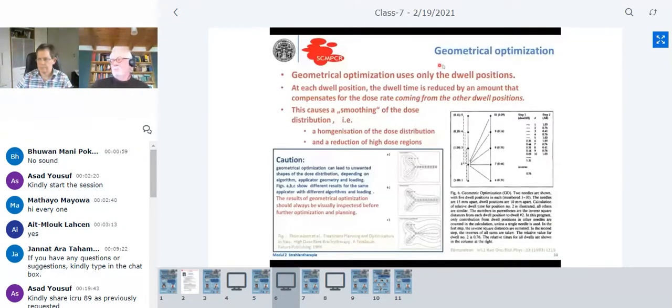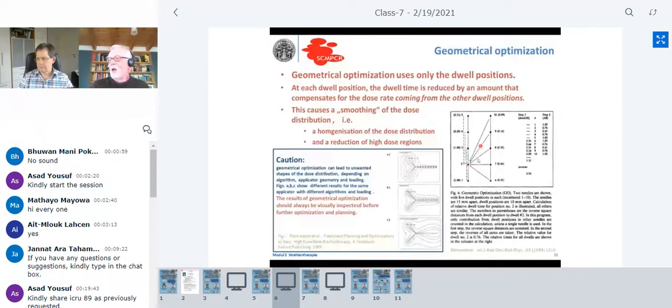So how does geometrical optimization work? This is very short. To understand this, I would recommend reading the references given here, or also given in the handouts, on how it works. But what geometrical optimization does, if we want to optimize the dwell time at this position 2 here, is